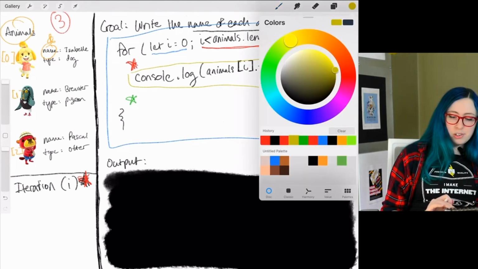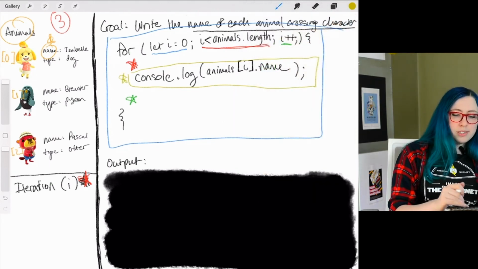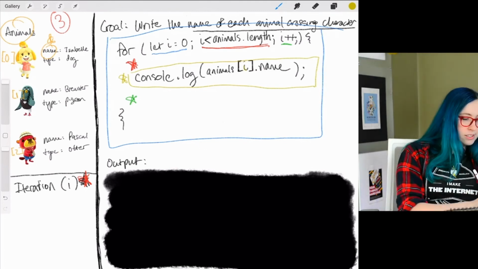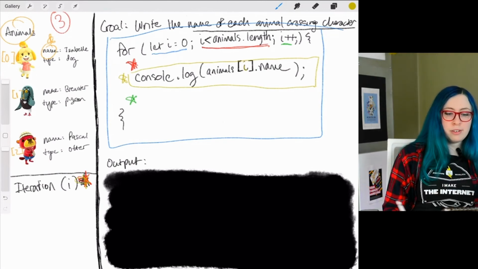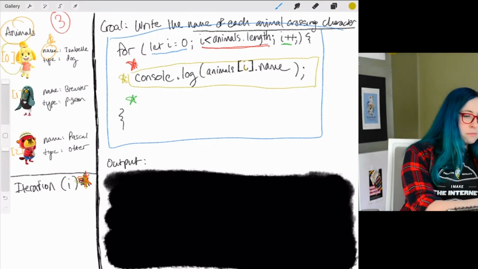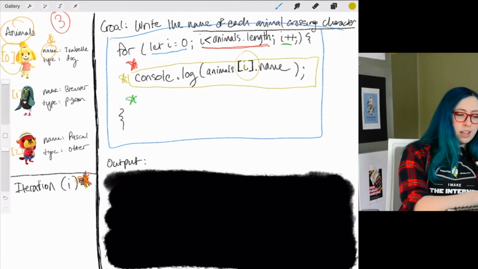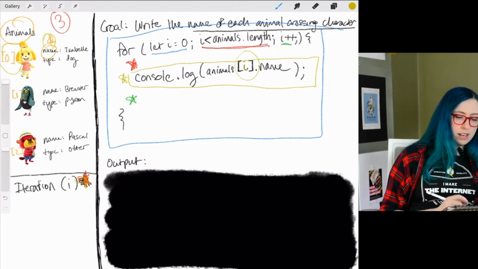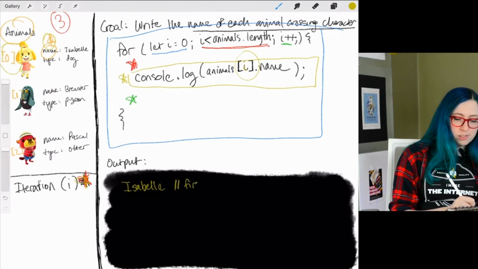So now let's go to our console.log statement. Here we are going to console.log animals at this I value. So what's the I value right now? Let's look at iteration. 0. Nothing's there yet. We haven't actually gone through a full iteration of this loop. So who's at 0? Isabel is. And we know that because of this notation here. So we would take a look at animals at 0 and the name at 0. So here is our name. And that means our output is going to be Isabel. And this is going to be first run.